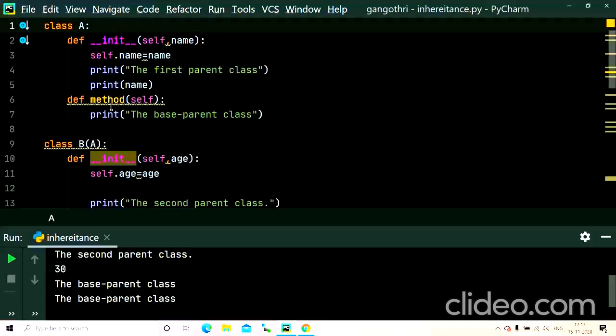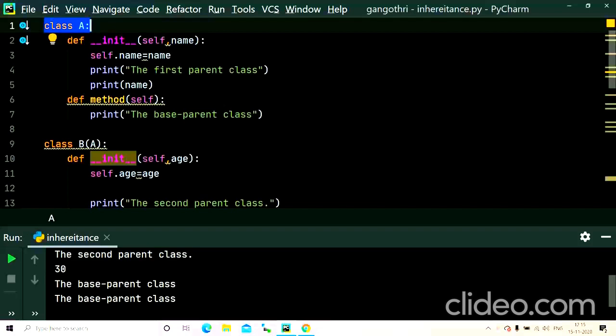Okay, so I hope you understand clearly the concept of types of inheritances. Again, I repeat, we have 4 types of inheritances: single inheritance, multiple inheritance, multi-level inheritance, and hierarchical inheritance. In single inheritance, we inherit the properties of a single class to another single child class, and so it is called single inheritance. And we have multiple inheritance, where we can inherit the properties of multiple classes to a single child class. We have 2 or more parent classes and a single child class which inherits the properties of the parent classes.